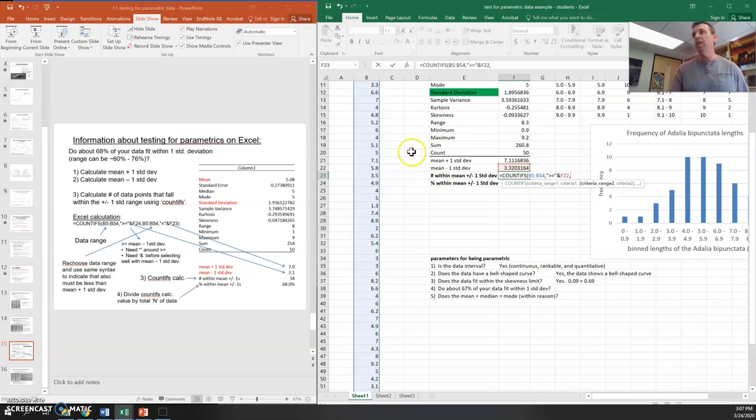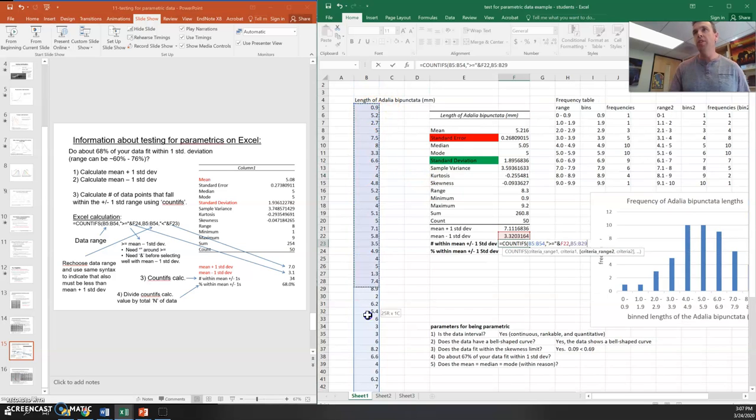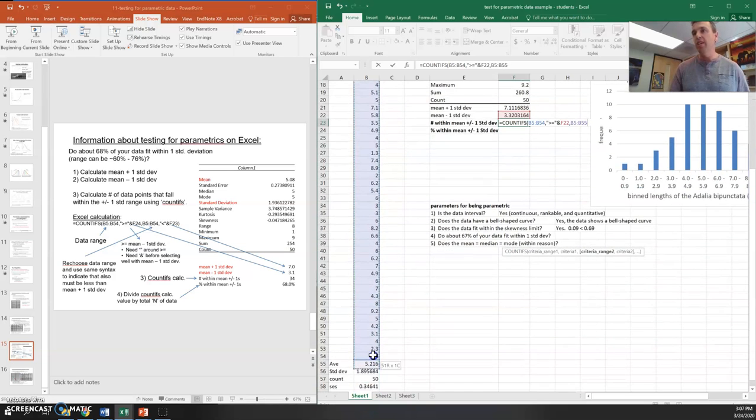And so now I'm ready for criteria 2. I'm still using this same data. I want to know if that same data is, so I put a comma because I've done with my data range. Now I need to know if it's less than